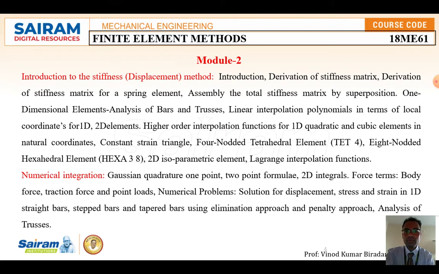Second, module 2, again has 2 subcategories. Introduction to the stiffness matrix: here we are going to derive the element stiffness matrix for different elements, that is trusses, beam, bar, truss, subject to different types of load, that is UDL (uniform distributed load), varying load and point load. All those things we have to study to derive the element stiffness matrix. In this section, the problems are very simple.